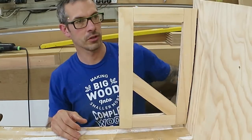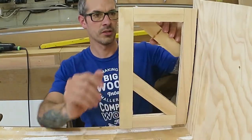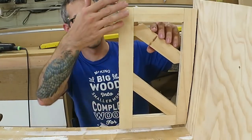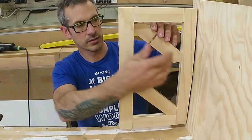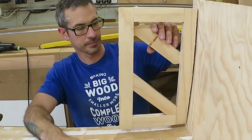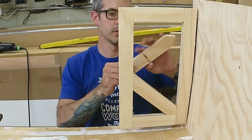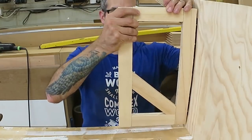Now, typically what you would do is have another brace on this angle to help support the top of the stile, the weight coming down to the middle of the door stile here. Of course, that's not the shape my client is after. So what we're going to do